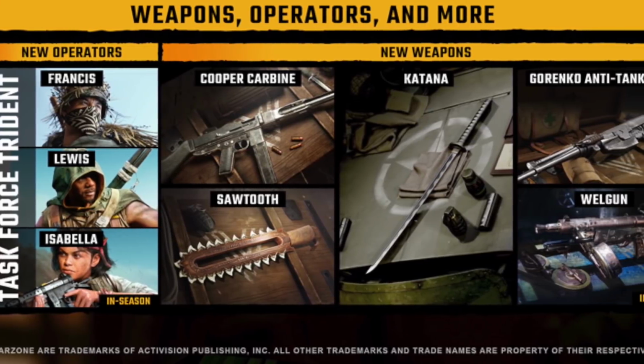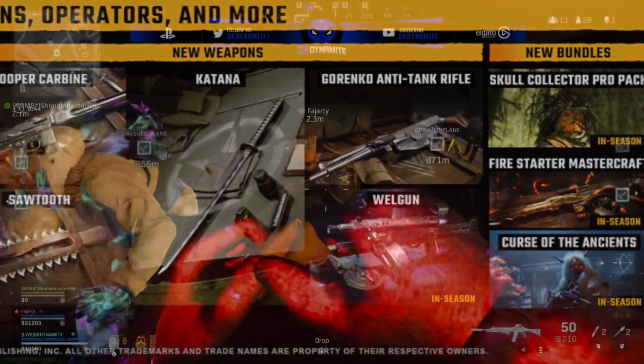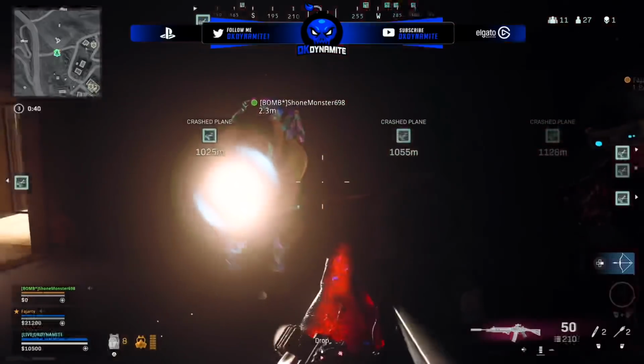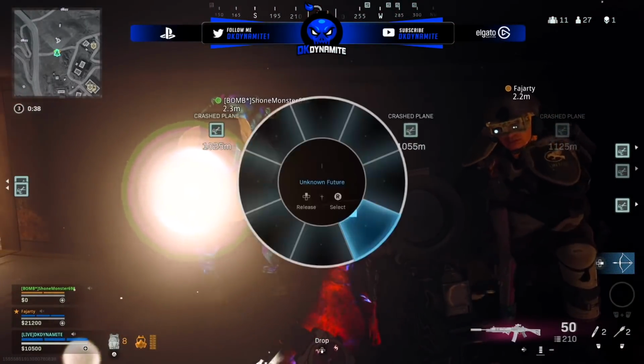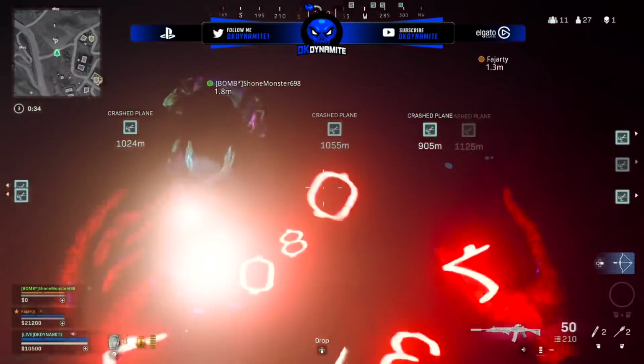There's also the Gorenko anti-tank sniper rifle, and then the Wellgun SMG. And the Wellgun SMG is coming later in season. The other weapons are going to be available right away at the start of the season. New bundles: Skull Collector Pro Pack, the Firestarter Mastercraft, as well as the Curse of the Ancients, also coming later